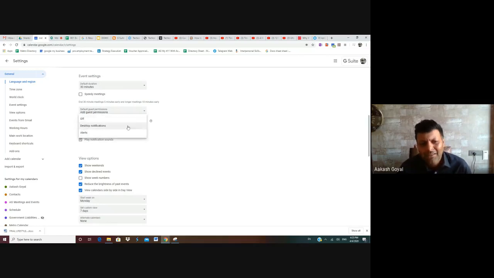You can keep your notifications turned off, or if you want desktop notifications, they will show up on your desktop screen with a ding. And for alerts, whatever alert medium you've chosen, it will give you alerts with that.